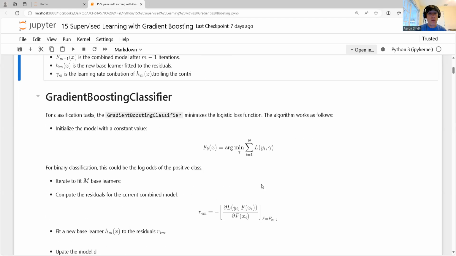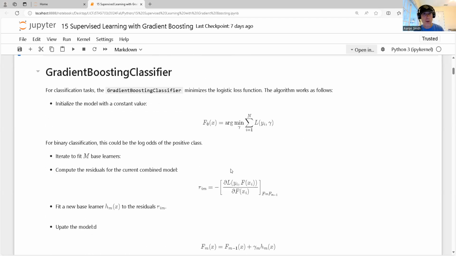Now, the gradient boosting classifier, here we're just going to be a little bit more specific on what we just talked about a moment ago. The overview is correct, but now let's talk about the details a little bit more precisely. So when we have the gradient boosting classifier, we're going to minimize the logistic loss function. That's the default setting. There are other loss functions that we can use. In scikit-learn it's just changing a parameter, easy peasy lemon squeezy. I typically don't worry about changing the loss function unless there's a specific desire for my project that I'm working on. So I'm going to initialize the model with a constant value,